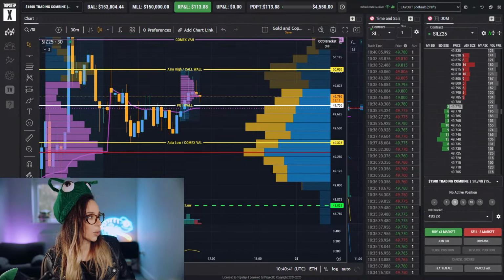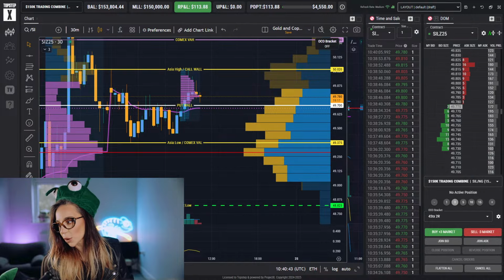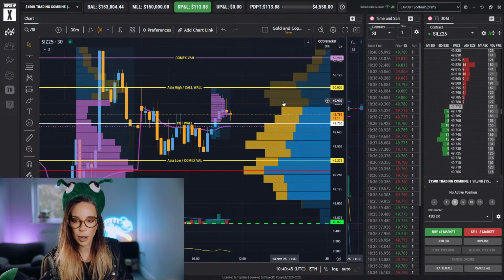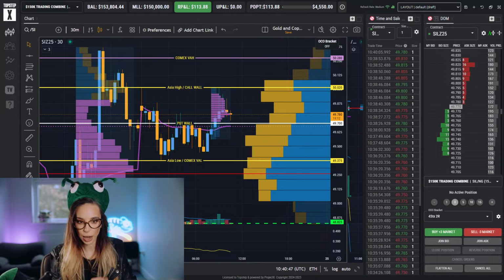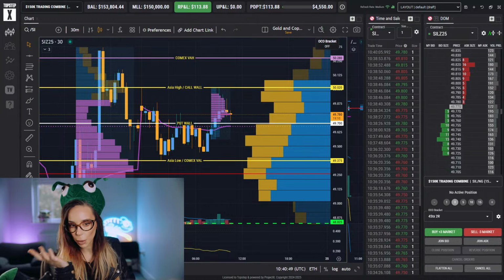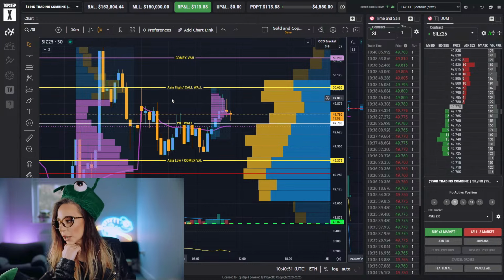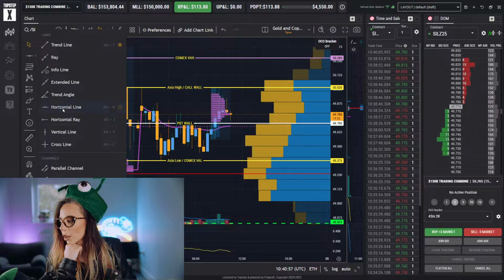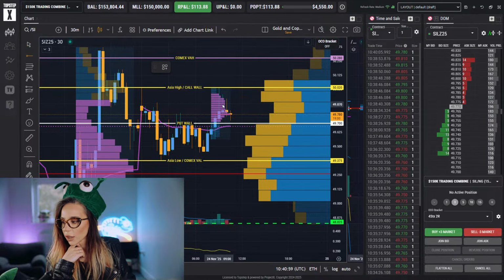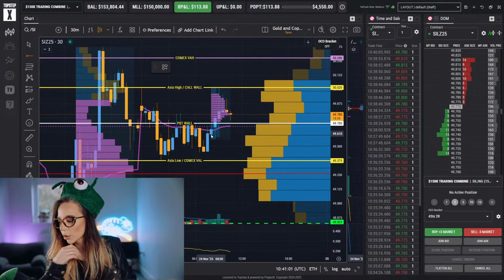Could you show us some market profile strategies one day? I thought I show them all the time. For example, right now you have a possibility to join the auction upside on silver. So let's plop in the initial balance. And the strategies there are more contextual.